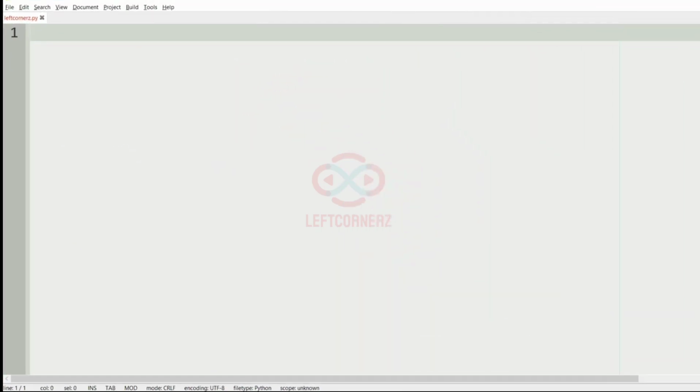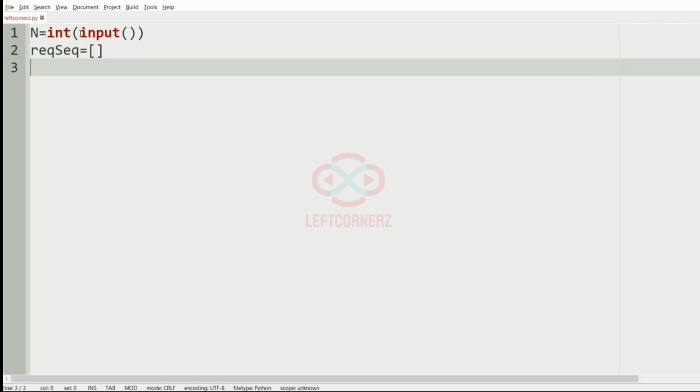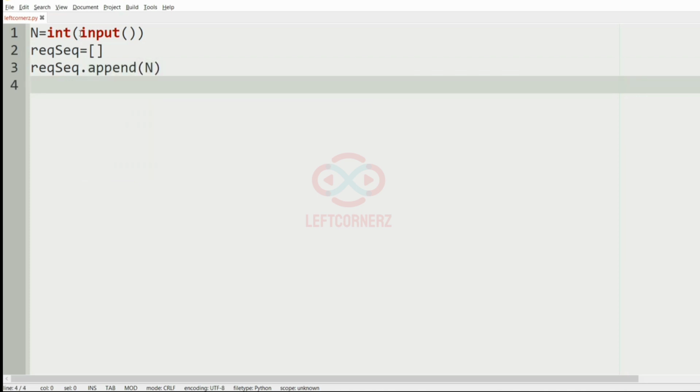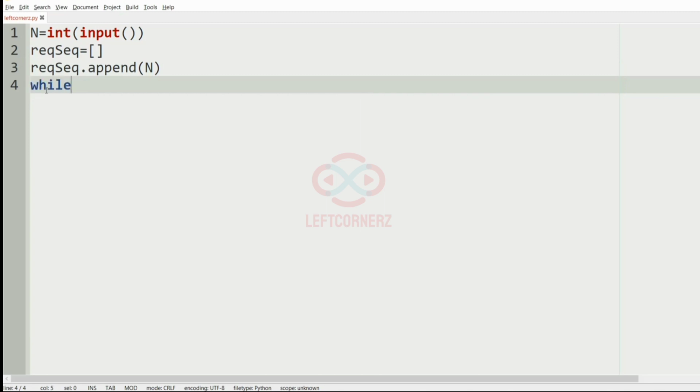Let us implement our program. First we'll get the integer n as the input. Then we'll have an empty list called the required sequence. Now we'll append the required sequence with the integer n, and now we'll have a while loop, that is while n not equal to 1,